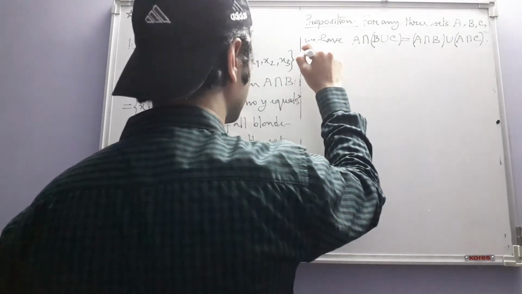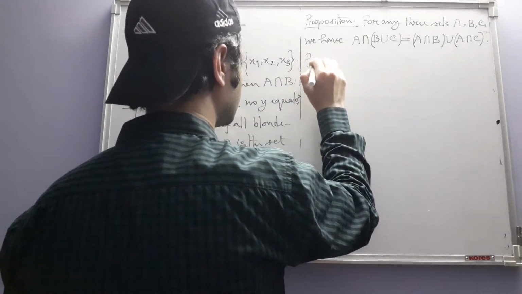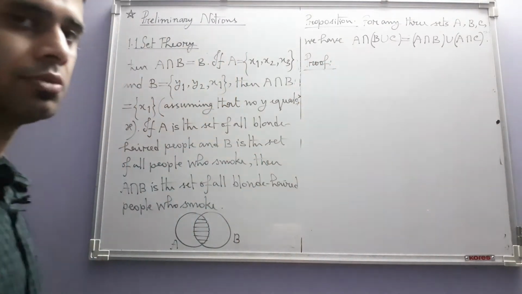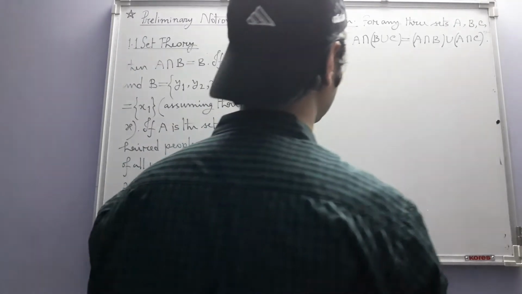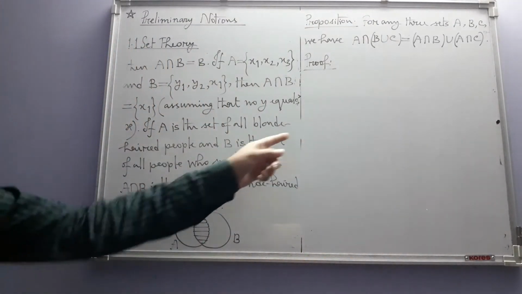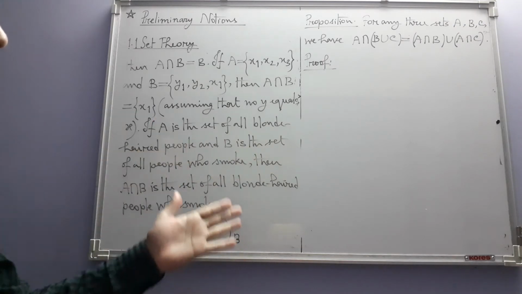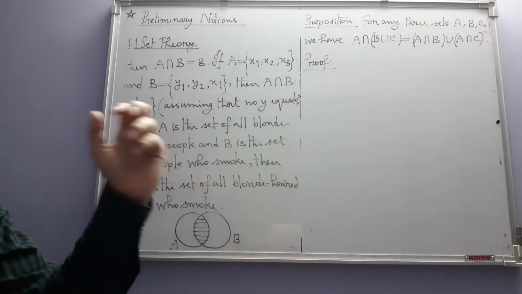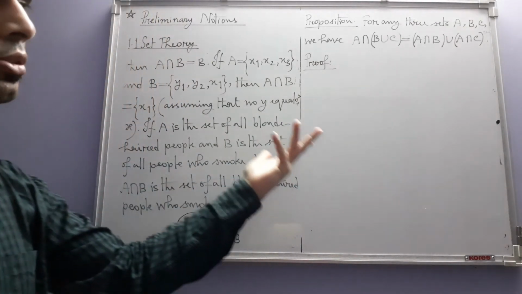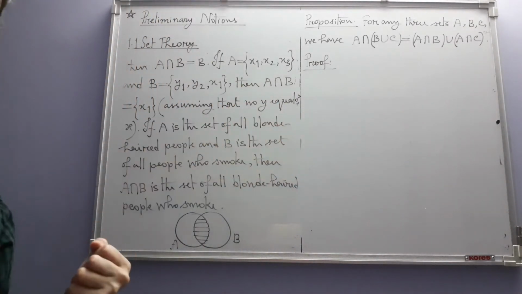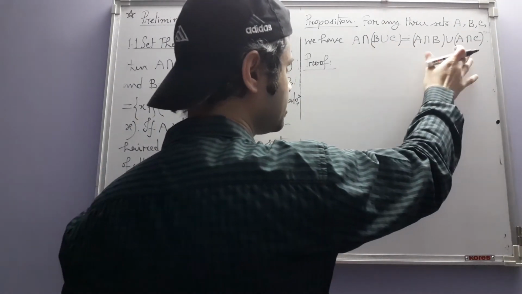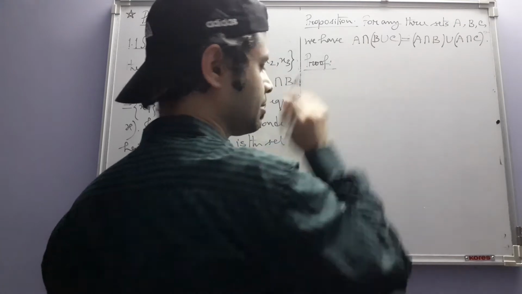Although we already have proved this in our live set theory videos, but let us just do it once more, because some of you may not have watched those videos, that's why. Okay, so see, when we defined equality of sets, we said that to prove that two sets are equal, we are going to show that each one is a subset of the other. So that's precisely what we are going to do here. So we will first prove that this is a subset of this, and then we will show that this is a subset of this.